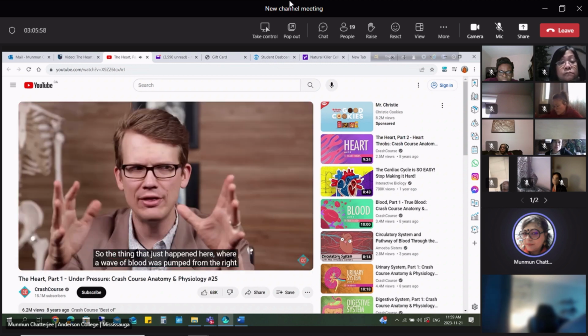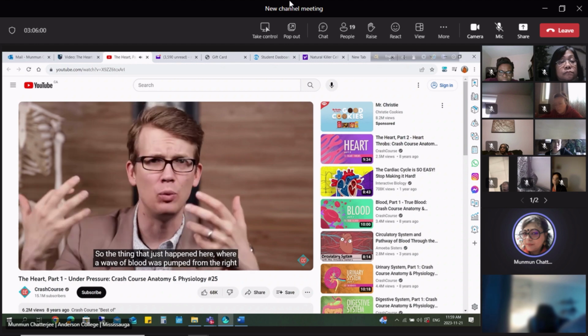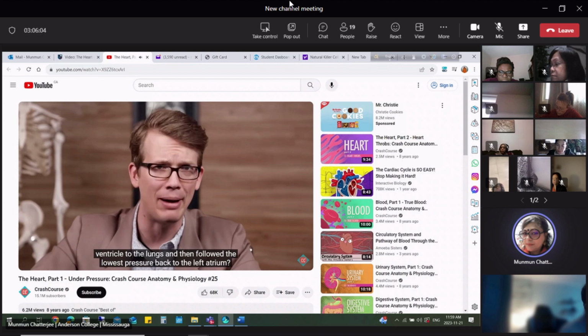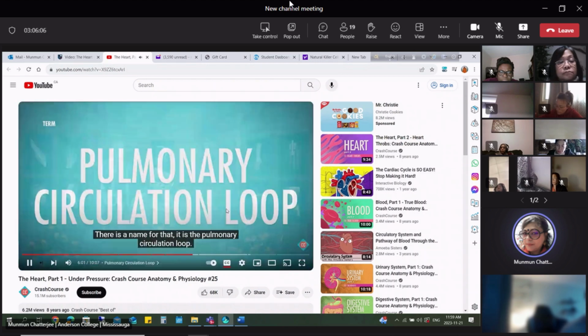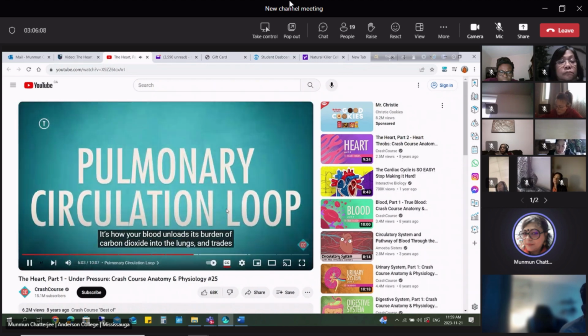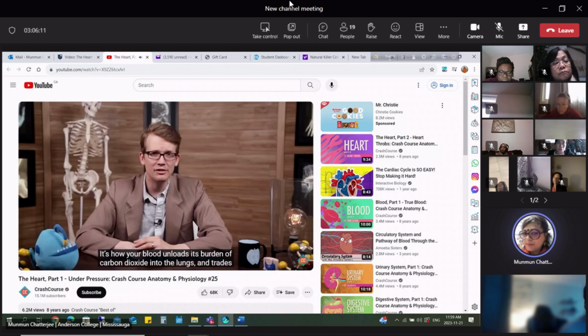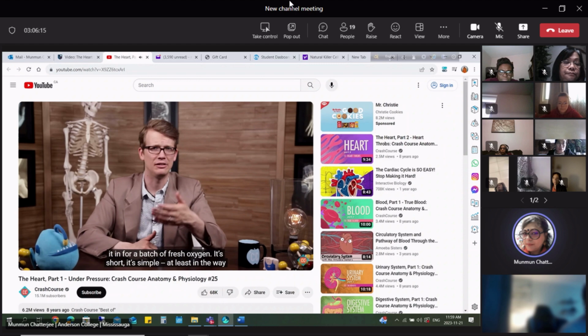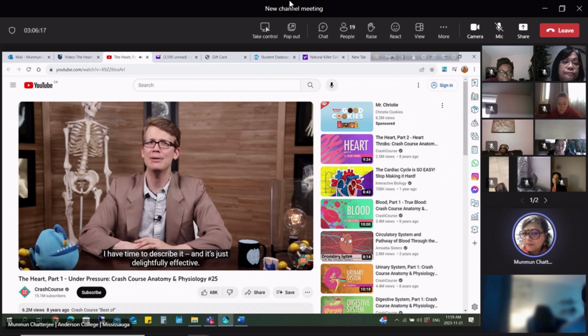the left ventricle. So the thing that just happened here, where a wave of blood was pumped from the right ventricle to the lungs and then followed the lowest pressure back to the left atrium, there's a name for that. It is the pulmonary circulation loop. It's how your blood unloads its burden of carbon dioxide into the lungs and trades it in for a batch of fresh oxygen. It's short, it's simple, at least in the way I have time to describe it, and it's